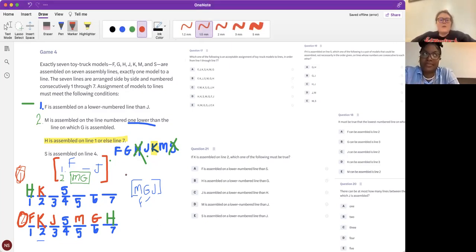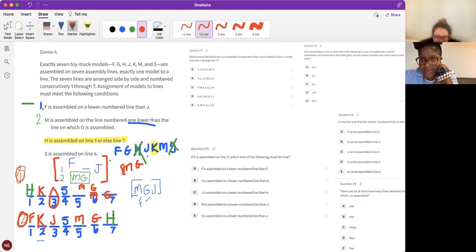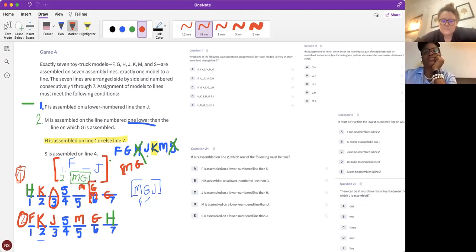Let's look at this. We have M and G. Where can M and G not go? M and G cannot go 7. But could M go here and G go here? Potentially, right? Or it could go like this. Do you agree? Like 6 and 7? Yeah. M and G can go 5th and 6th, or it can go 6th and 7th. We're not sure which one, right? But we know that this 6 is going to be taken by one of them. However,